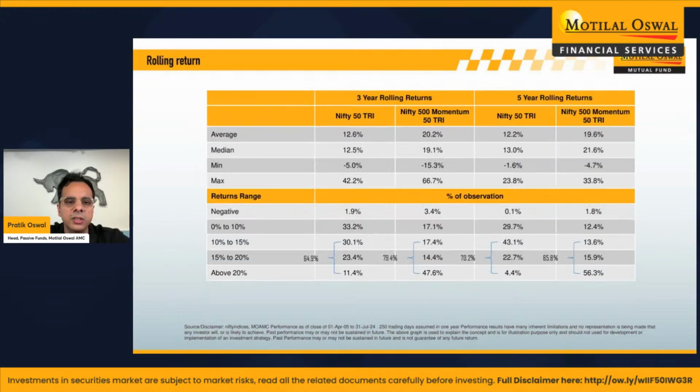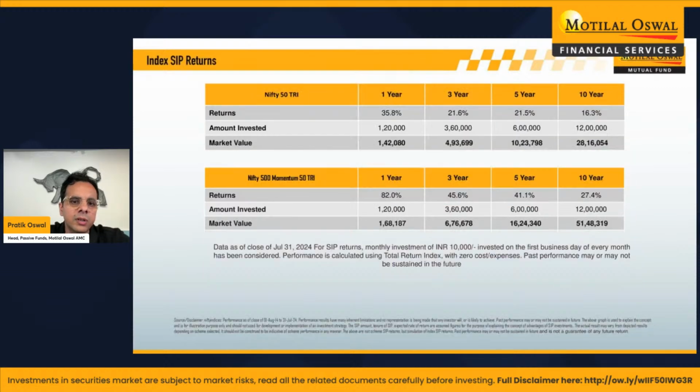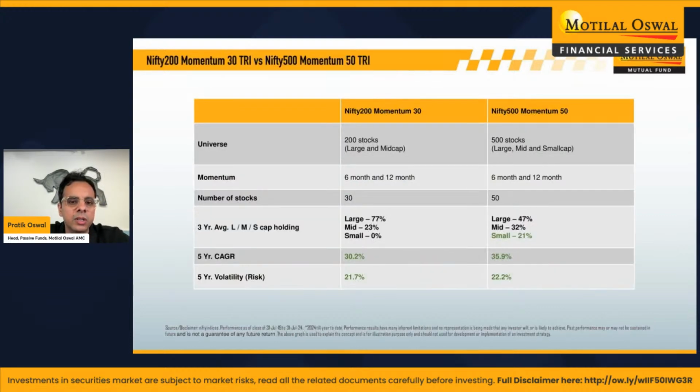So again, a good amount of outperformance. I think it's a good strategy, and even your SIP returns. A lot of investors tend to invest through SIPs, and even for SIP, if you can see, it's close to 11 to 12% outperformance over broad-based indices over a 10-year period. So I think very healthy performance. Obviously, over the long term, we really think this particular fund can be very strategic to your core allocation. So that's about the fund. That's about the factor investing.